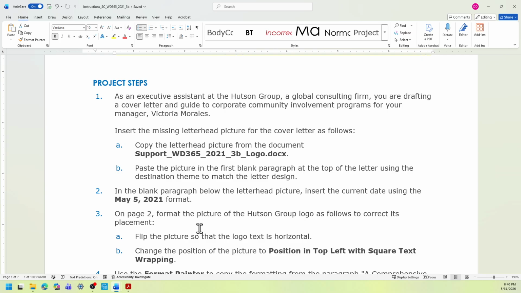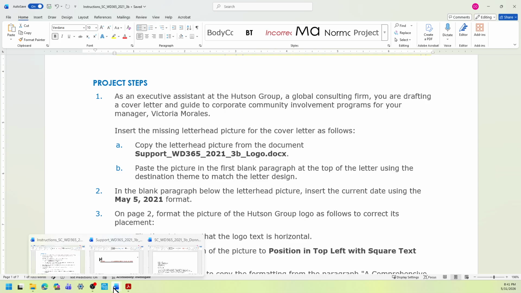Just insert the missing letterhead picture for the cover letter as follows. Just copy the letterhead from the document, which is the support file, and paste that picture in the first blank paragraph at the top of the letter using the destination theme to match the letter design.